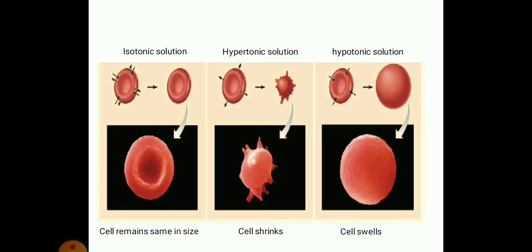Here, the word iso means same. In case of hypertonic solution, the solution outside would be more concentrated. As a result, the cell will lose water to the outside and the cell will shrink. Examples of hypertonic solution are glucose and salt solution. In case of hypotonic solution, water is an example. It is less concentrated outside. That's why it allows the water to enter the cell, resulting in swelling of the cell.